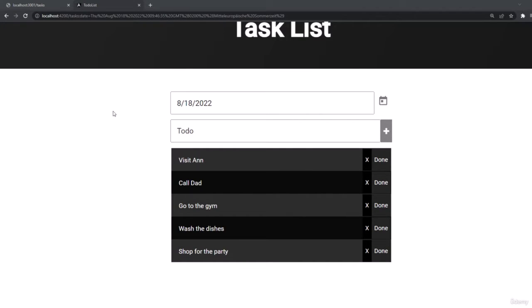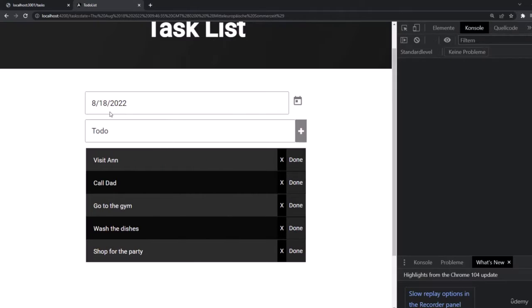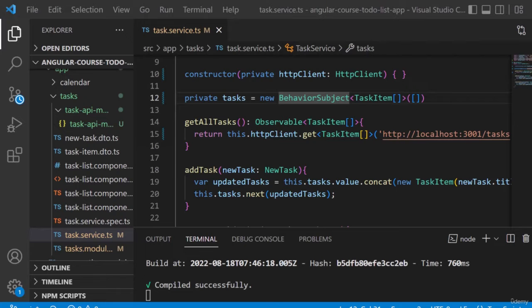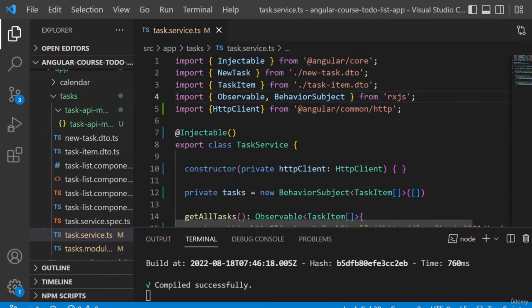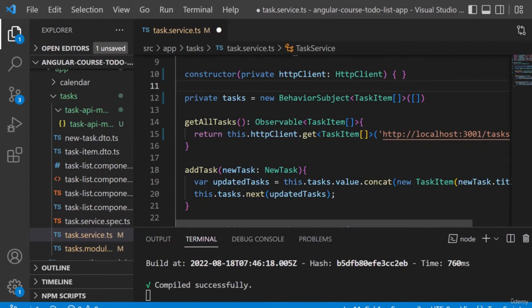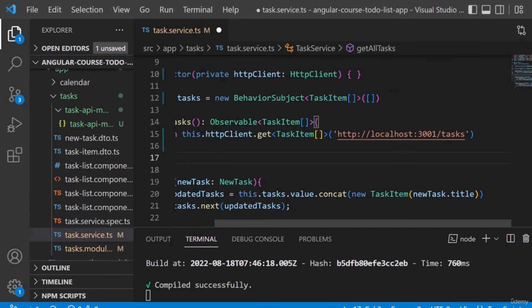So let's take a look again in Angular, if we open the console, what exactly we get as a response. And we can also do that directly from the Angular side. So go into the task service, and let's go to the behavior subject and let's use the so-called tap. There we go. And then when we go to getAllTasks, here where we in the end get everything